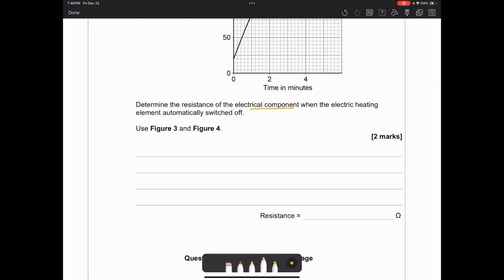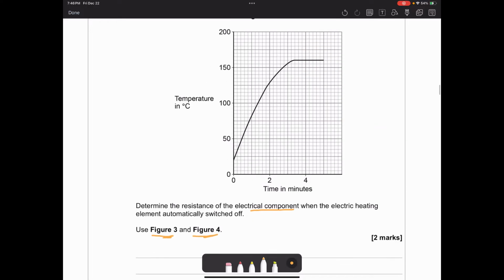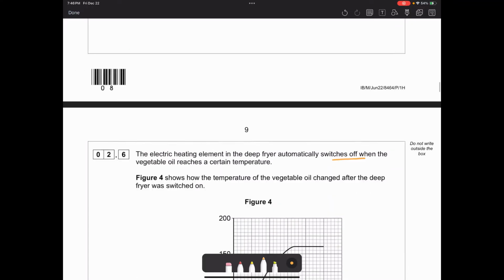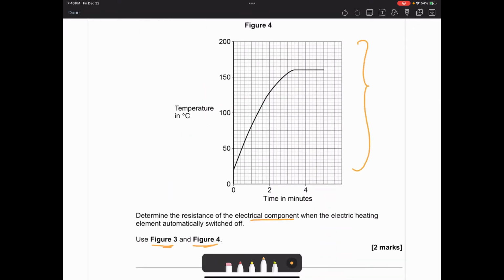Determine the resistance of the electrical component when the electrical heating element automatically switched off, using figure 3 and figure 4. So in this question, we're told that it automatically switches off at a certain temperature in this graph here, but we need to get the resistance from it at that temperature. So what I would do is identify when our heater would be switching off, which would be the point where the line would then go flat, which would be this point here. And if I read that down, that should give me a reading of